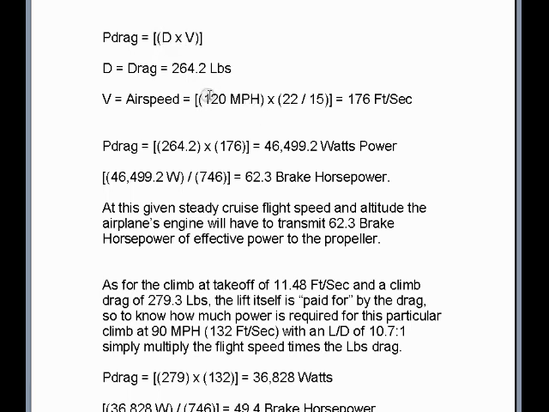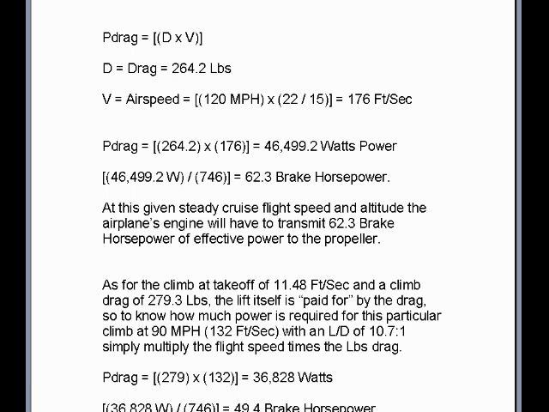So we convert 120 miles per hour to feet per second, 176 feet per second. So we multiply that times the drag incurred. It will cost 46,499.2 watts of power, then divided by 746, the number of watts to 1 horsepower, 62.3 brake horsepower. At this given steady cruise flight and altitude, the airplane's engine will have to transmit 62.3 brake horsepower of effective